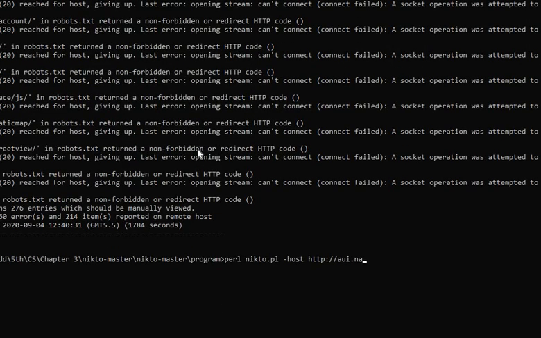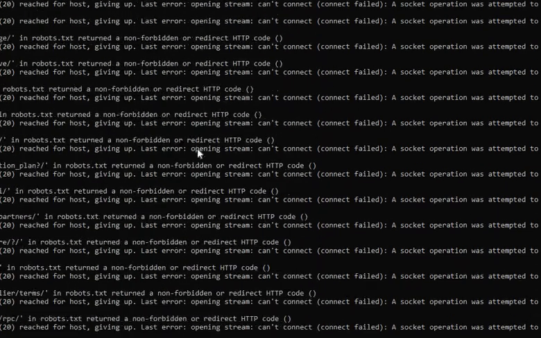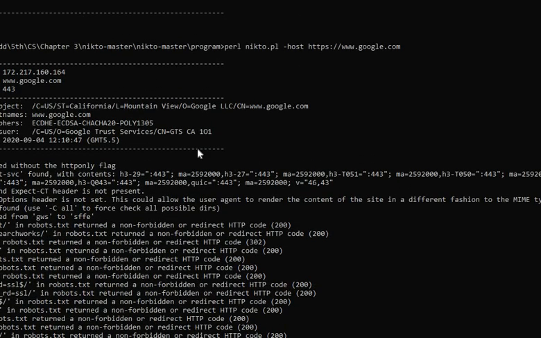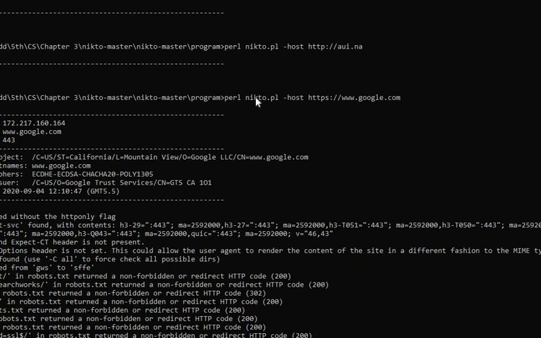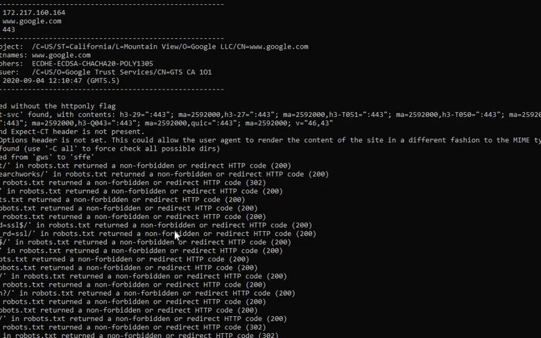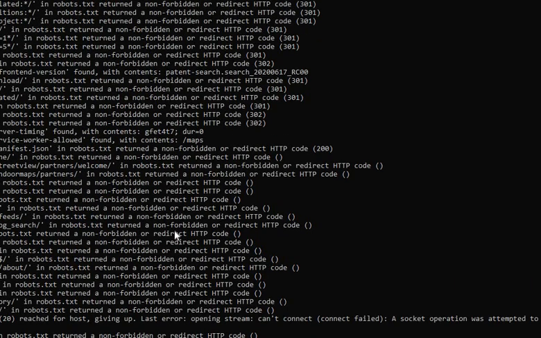Yes, in most cases, it is showing the error or forbidden, because Google doesn't allow you to scan everything. Yes, you cannot, because it is much more secure. Yes, this is the command I already have run. When you scan other servers, if the servers are vulnerable, if they have some defective files or outdated software or configuration, it can be shown over here with this Nikto software, right? So yes, this is information from Google.